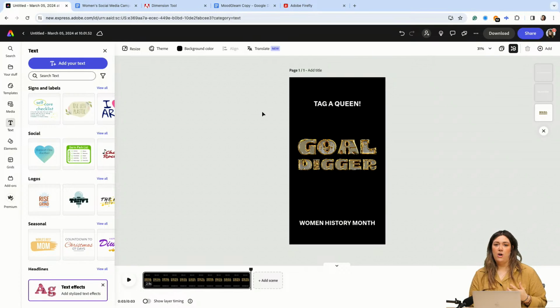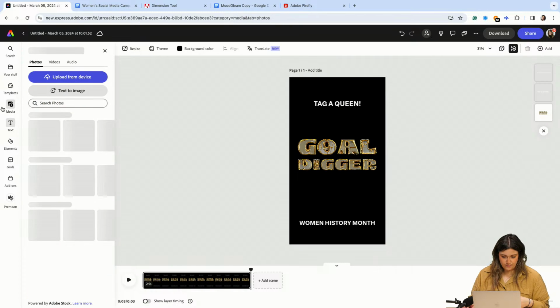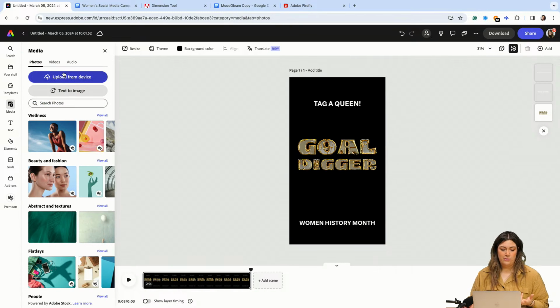But I think that we can also add a background layer. So again, using text to image, let's go to media. And what could be a good background for gold digger? To me, it's someone that works really hard. So how about we have, I'm going to do portrait here,